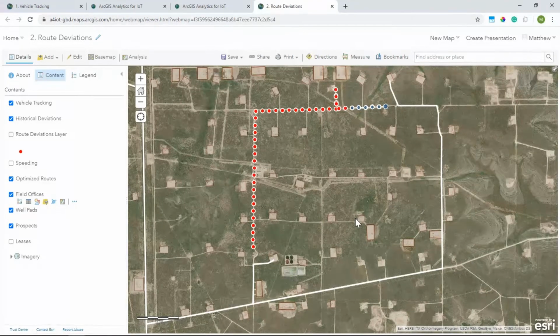We've seen how Analytics for IoT helps you to rapidly ingest live data with feeds, as well as real-time analytics help you to perform real-time geospatial analysis on those feeds, turning the data into information and business insights that then can drive return on investment. By leveraging a completely cloud-hosted solution, some existing GIS data, as well as some simple configuration tools, you can build a valuable application for any operations group in a matter of minutes in this case. And the time to value has been reduced enormously. So with that, I'd like to hand it back over to Suzanne to talk about where we can take these large amounts of data that we're acquiring.